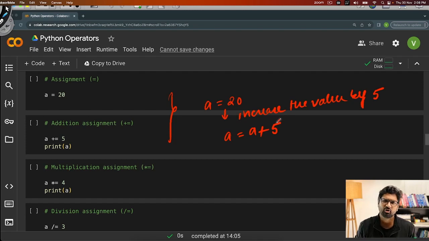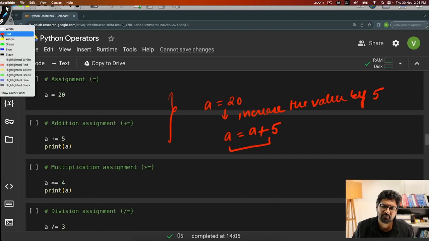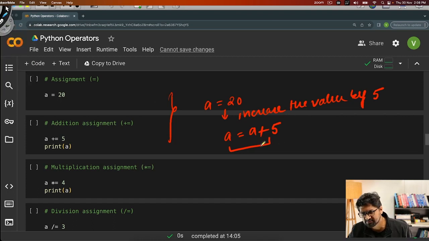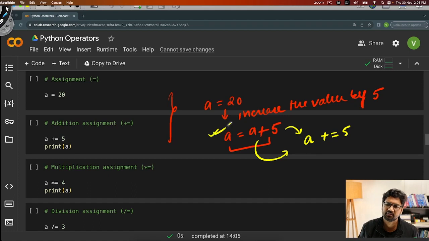This is the easy way of writing it, but this is a long expression. The same thing could be achieved by a shorthand in Python, where I can just say a and write plus equals to 5. This is same as writing a equals to a plus 5. And this thing which you see here is called the addition assignment.